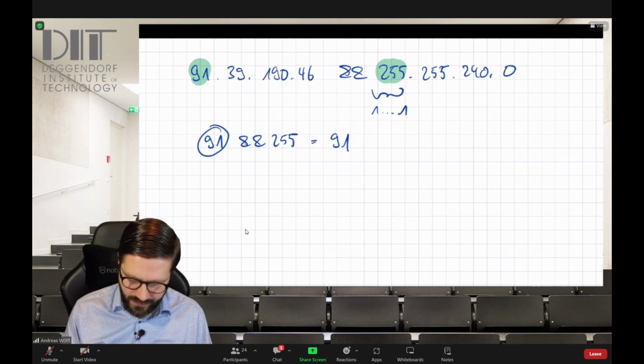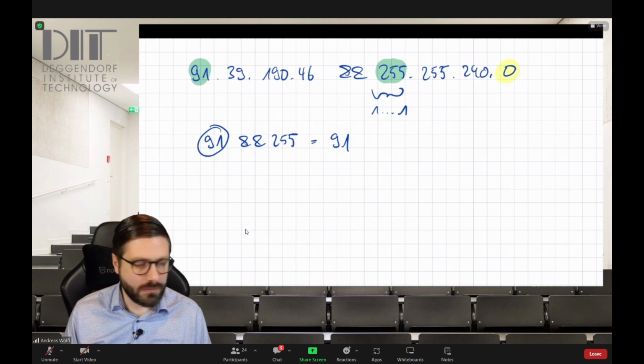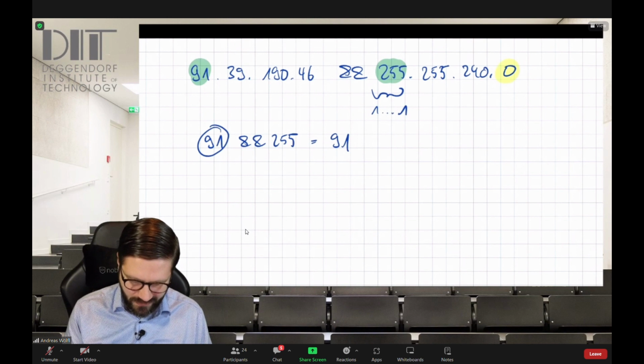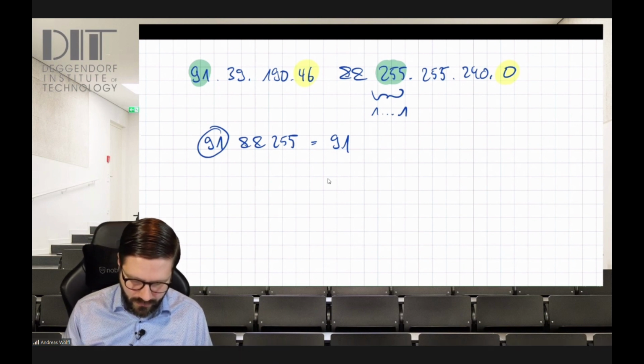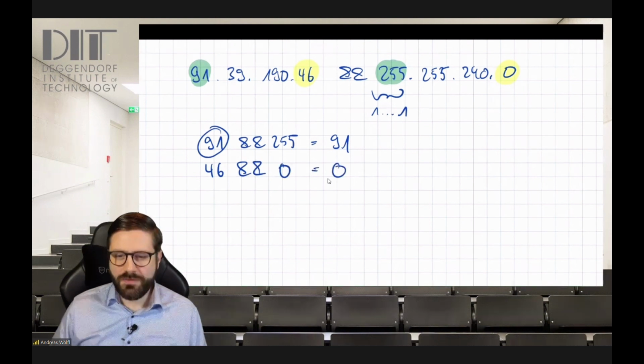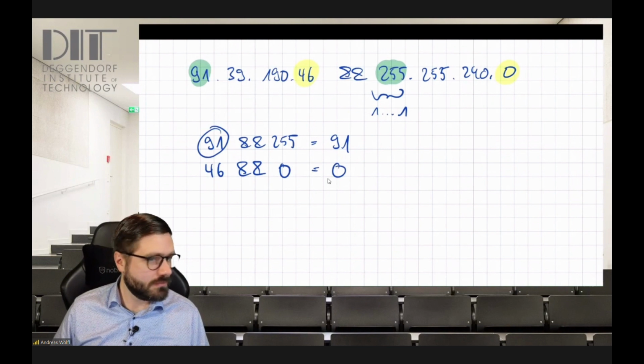Vice versa, if we take a look at, what color do I use? Yeah, yellow is fine-ish. If you consider the 4th octet, with 46 and 0, if the subnet mask is 0, then